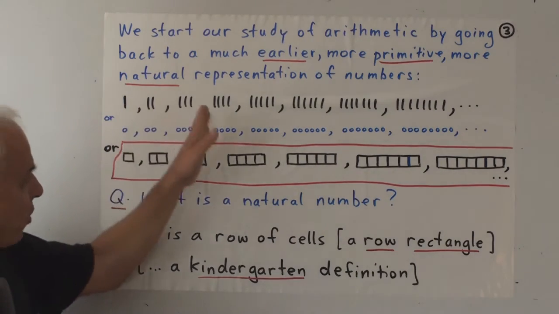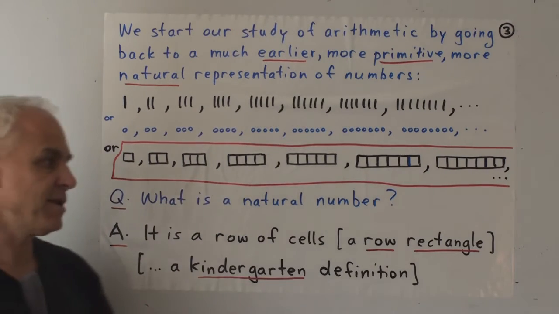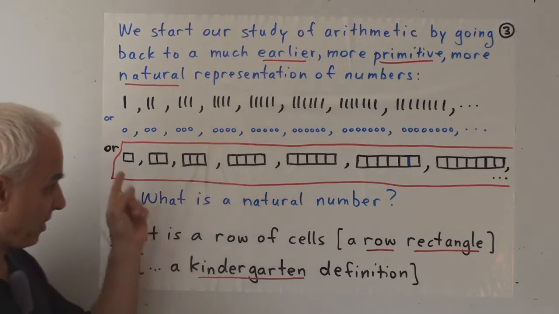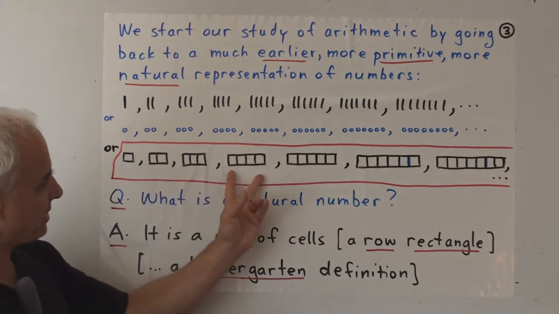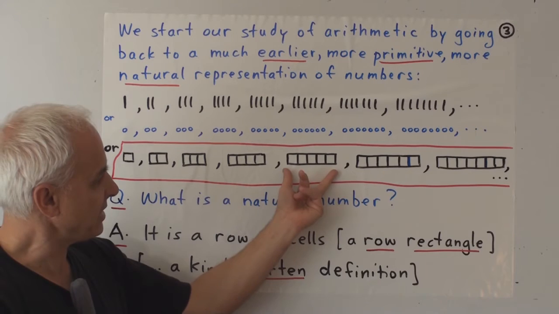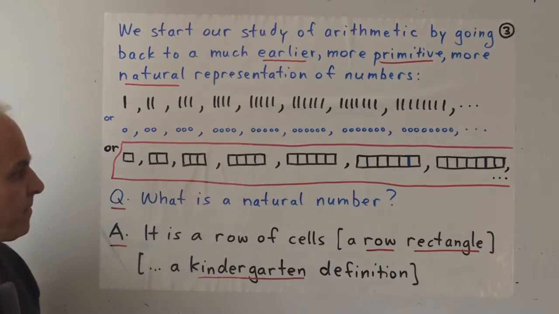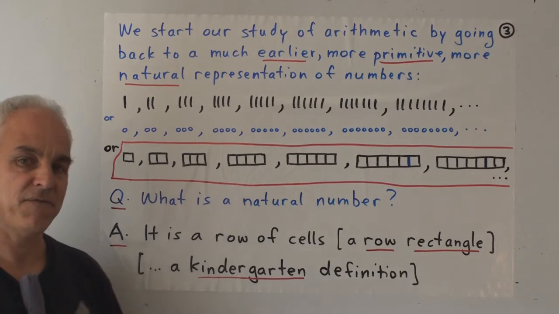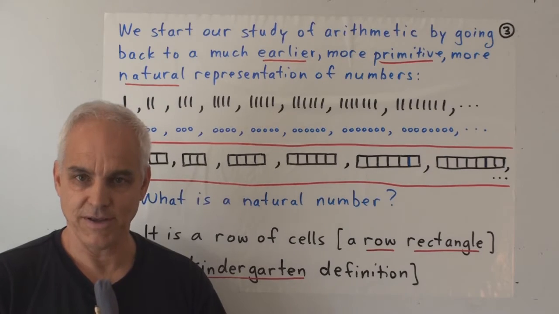So whether we work with strokes, whether we work with little circles representing shells, or whether we work with little boxes, it's sort of figuratively pretty well the same thing. But there's something very pleasant about working with boxes, because first of all, it's a little bit easier to visualize than these ones. It's somehow, for us, a little bit easier to see the 5 here rather than the 5 here or the 5 here, I think. And moreover, this kind of representation of numbers fits very nicely with our understanding of the grid plane that we talked about in our last lecture.